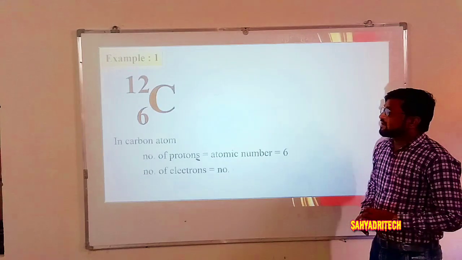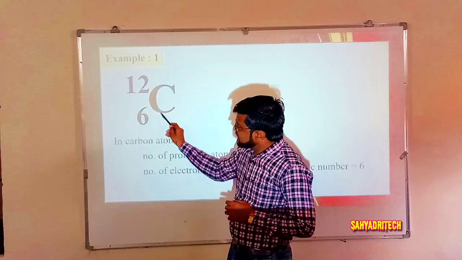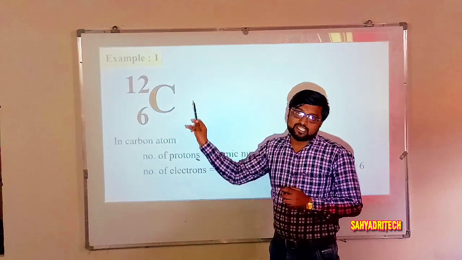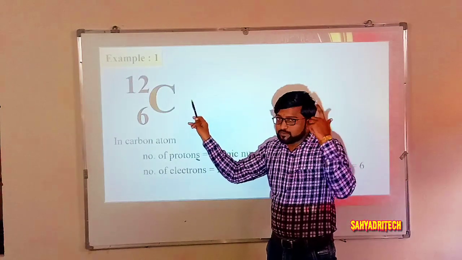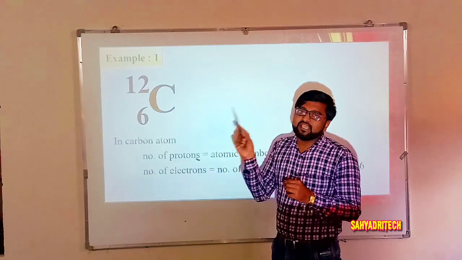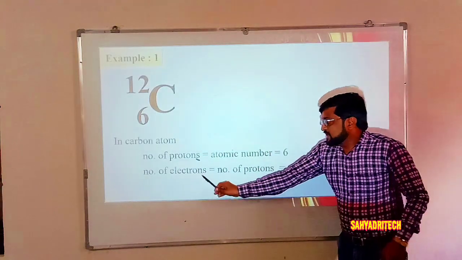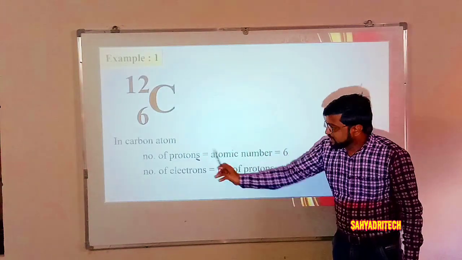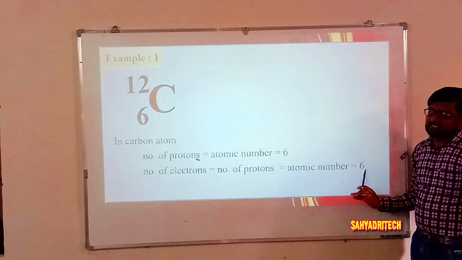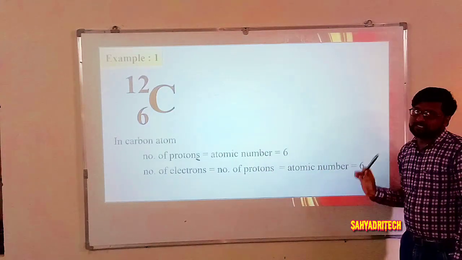Well, what about number of electrons? While going with number of electrons, we have to look for, is there any charge present over them? Whether carbon 12 has any charge? No, it is a neutral species. Then what is to be remembered now? For all neutral species, atomic number itself indicates the number of electrons. Here number of electrons is nothing but, yes, it is equal to number of protons itself, that is atomic number itself. Then what is the answer? 6. So number of protons are 6, number of electrons are also 6.